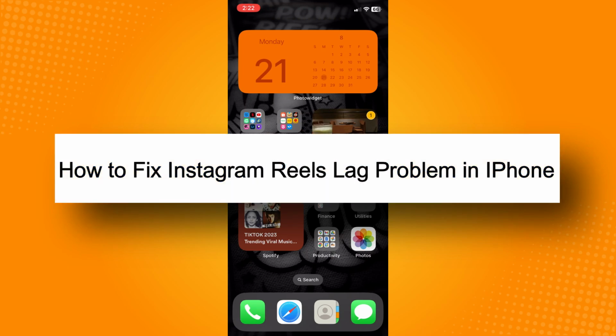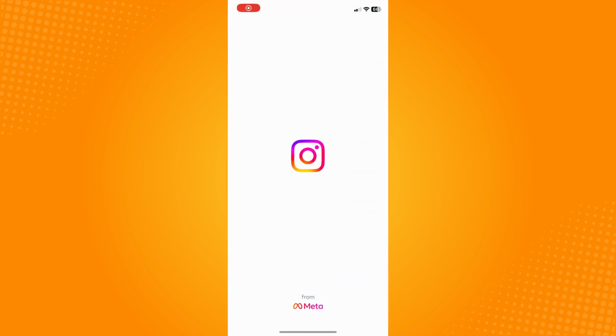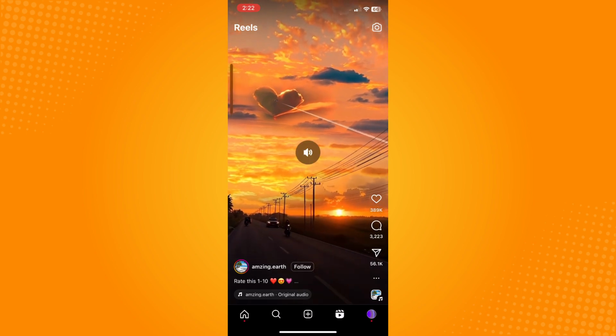How to fix Instagram Reels lag problem in iPhone. So all you have to do is go directly to your Instagram application. Now, if you go to your Reels section and you see that it is very laggy, then what you can do